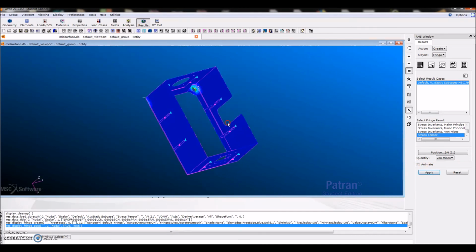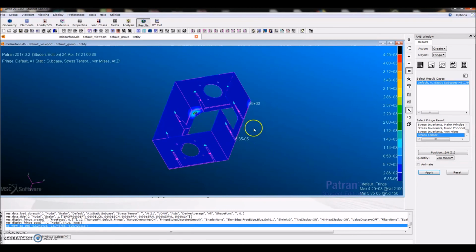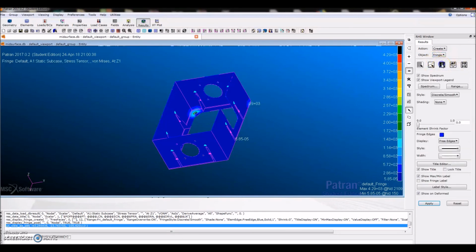As you can see, the bigger stress is at the holes fixed in the points that are